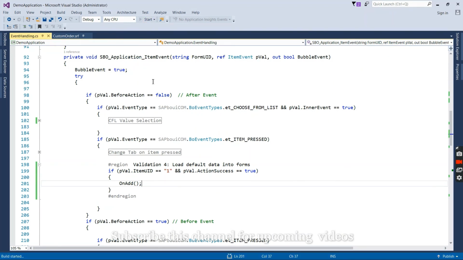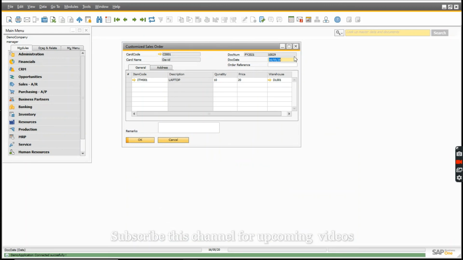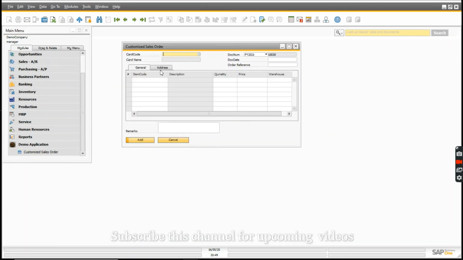So let me run this application and show you the behavior of this form at this moment. Let me navigate. Now let me click on this button and we'll see. You can see the form is in add mode with default values like document number and series.